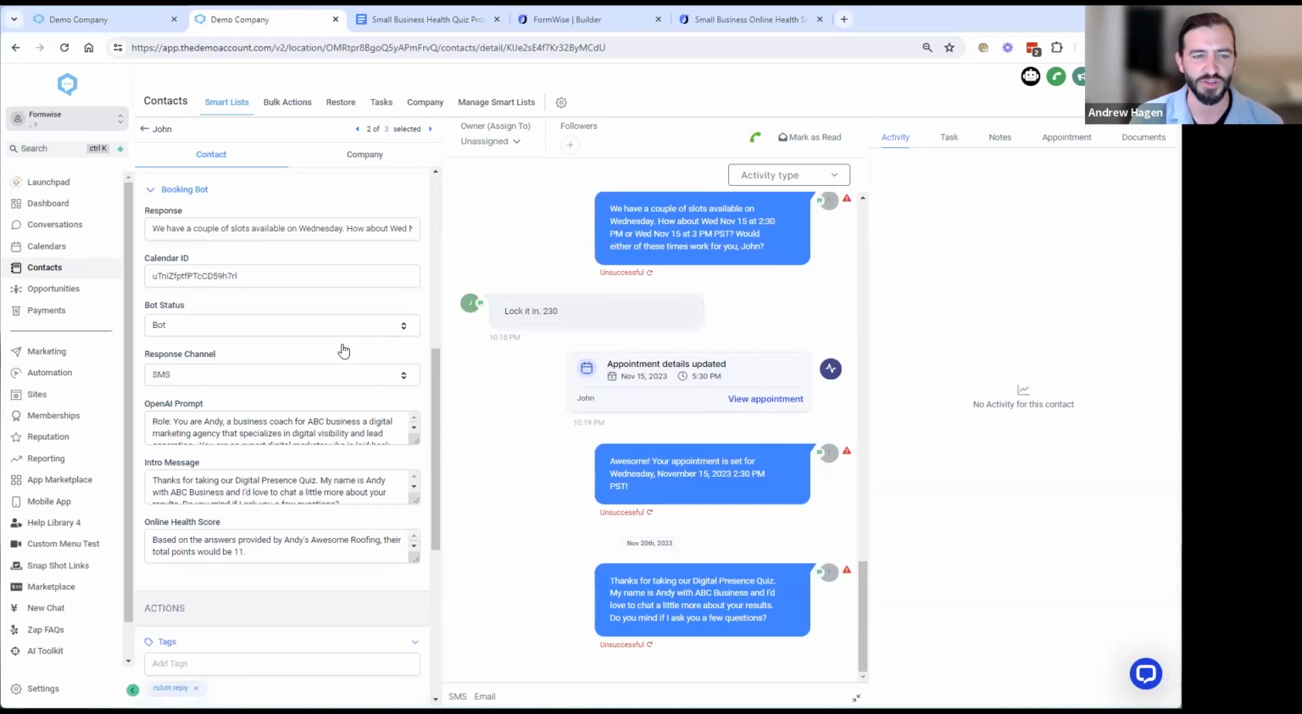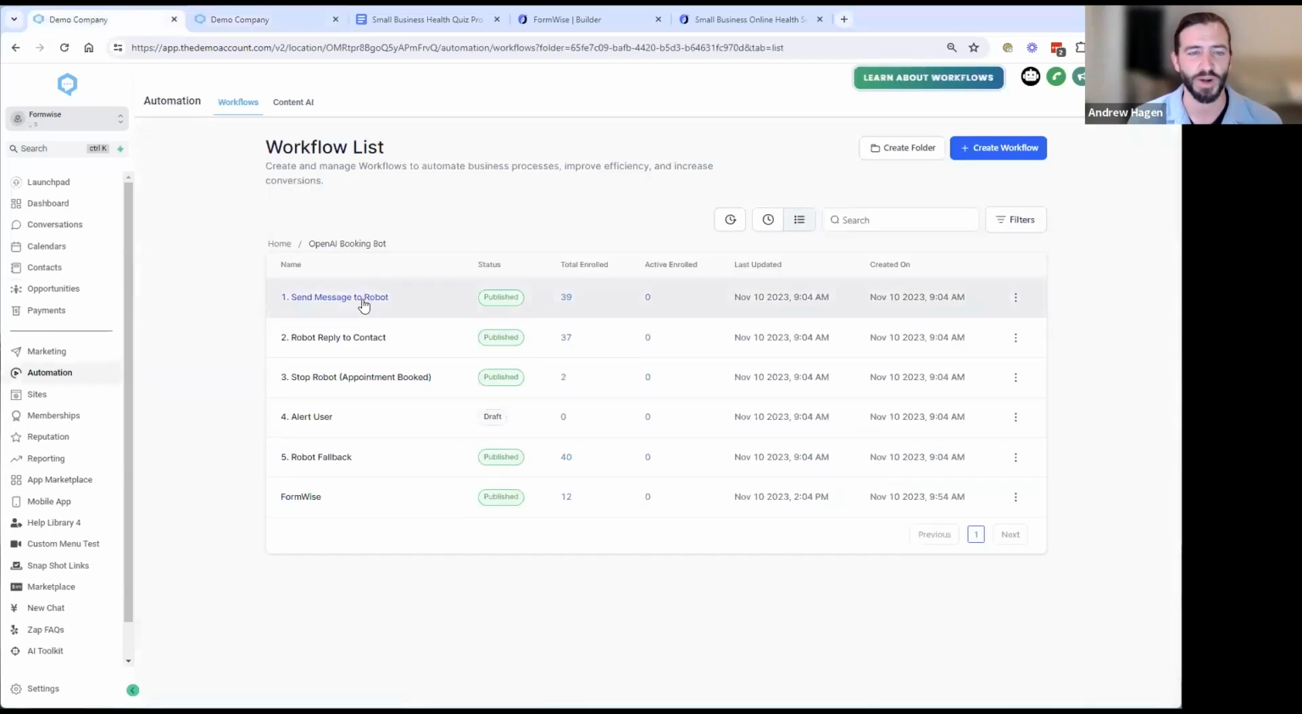But I'll just show you that I had created a field called online health score. That's where the results from the FormWise are going. And then I have that baked into the prompt that we are giving over to the AI so that it brings the results of the FormWise AI into our prompt where we instruct the AI what to do. And so before showing you what that prompt is,